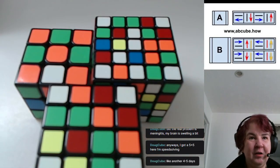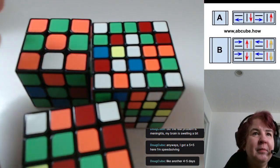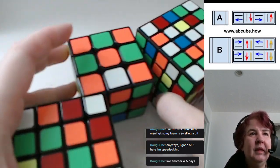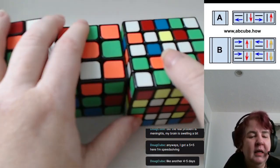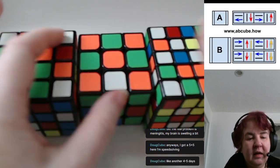Rather than, oh, the thing I ordered finally came, it's like, ooh, what's this? Surprise! All right, so that's it. Formula A, Formula B. That's all you need to do for a cube. If you come up with a parity, it's a lie, and all you gotta do is